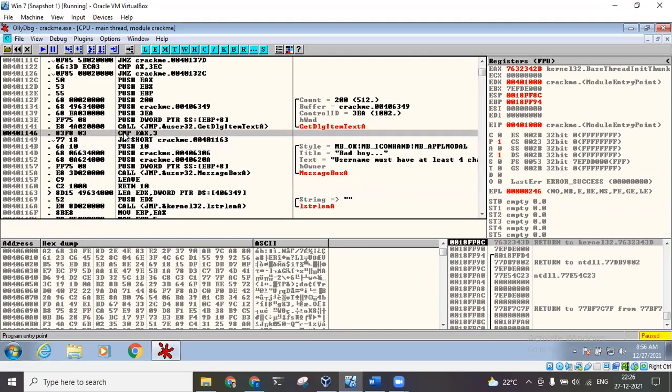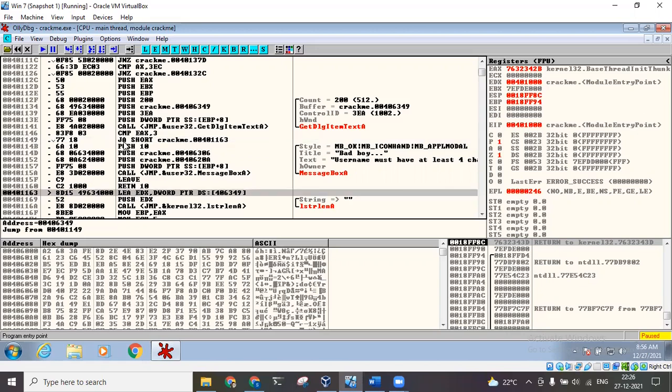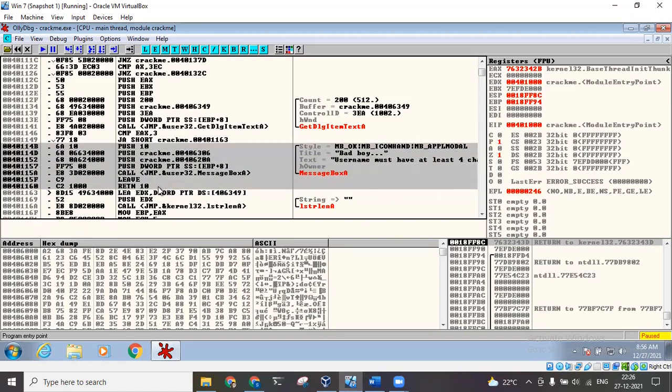So after this comparison, we have a conditional jump statement. If this condition is satisfied, it will jump directly to this part, and all the lines starting from this one will be bypassed. It will jump directly from 401163, written over here, to here, and the execution will continue. But I think this is possible only if